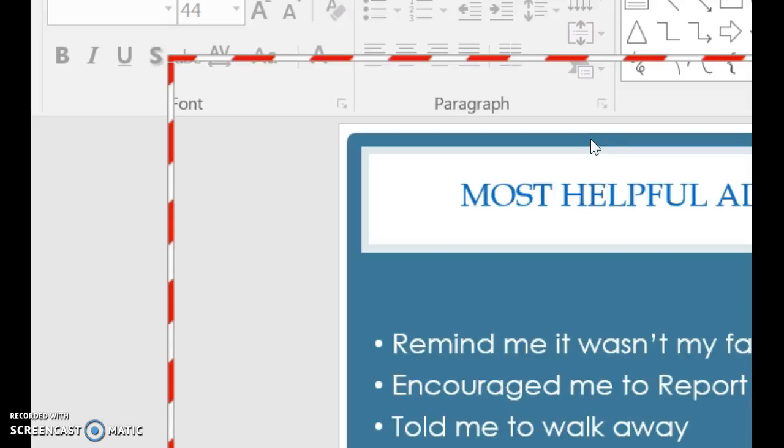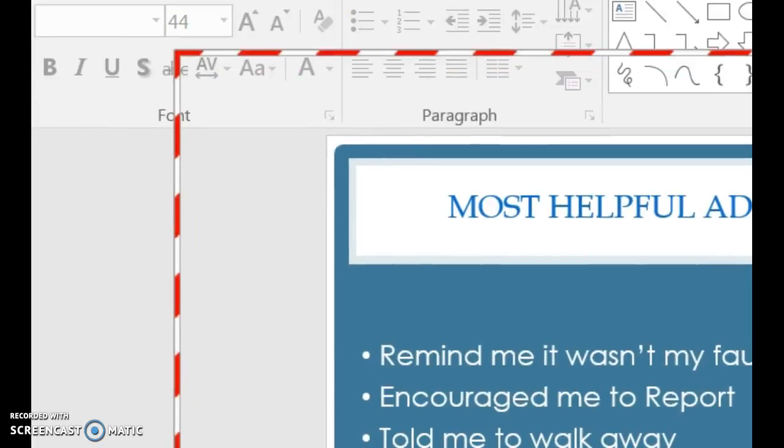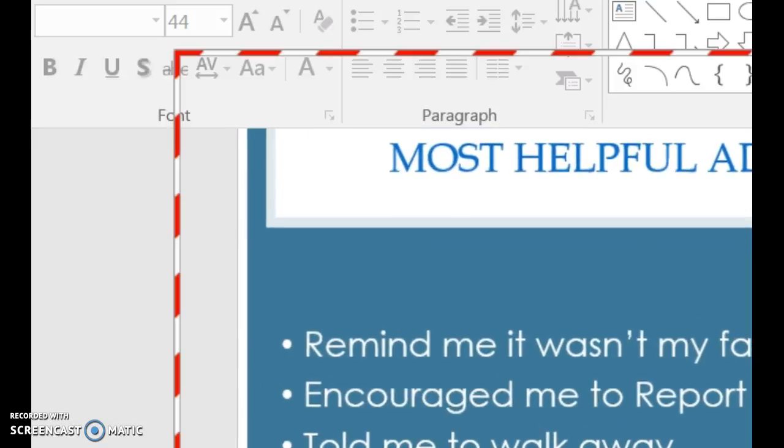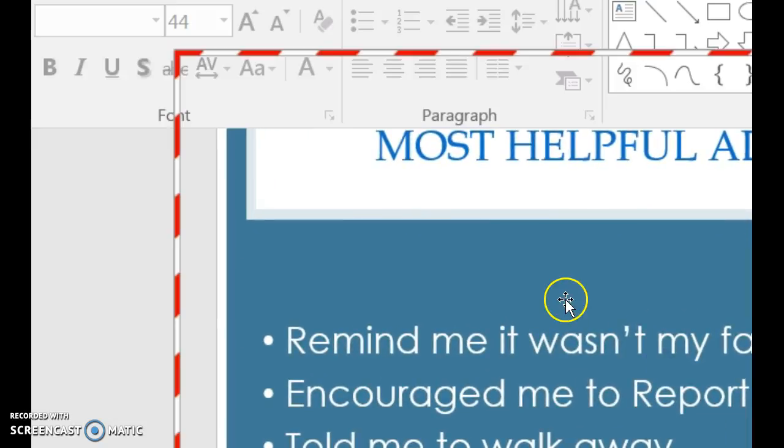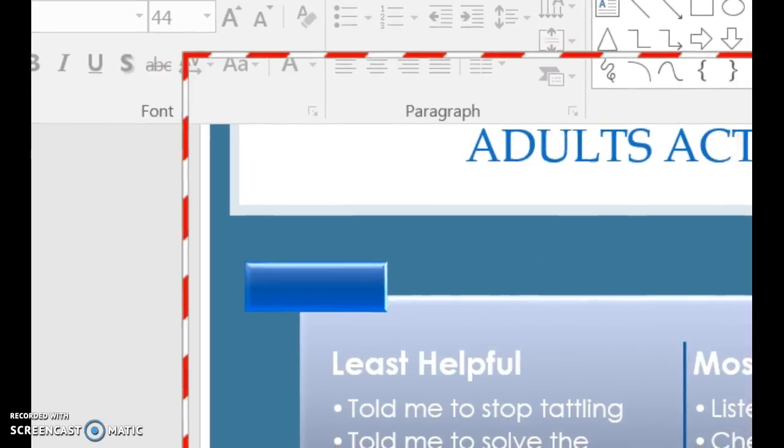All right, let's see. So, advice for you guys. All right, so some helpful adult advice for you guys. Try to make this a little bigger for you. I'm going to scroll to this frame, the adult actions. I really felt like